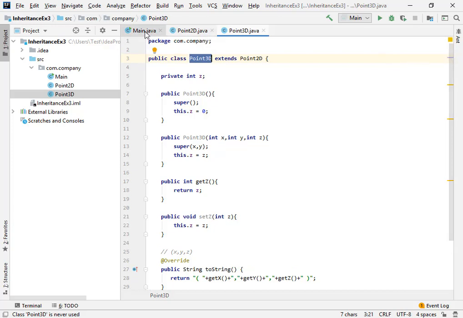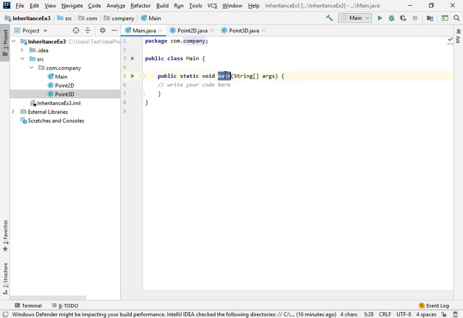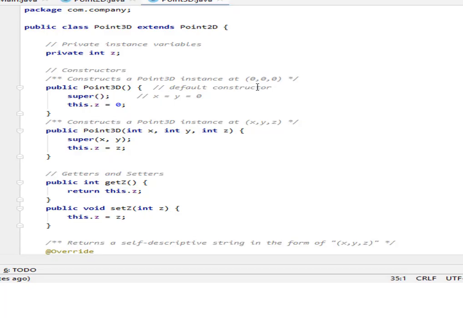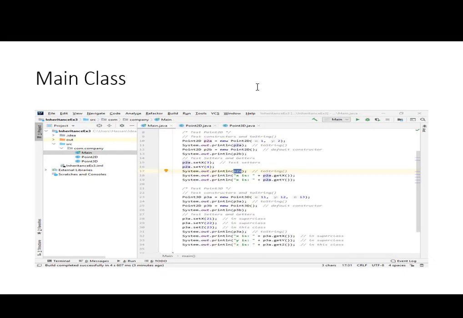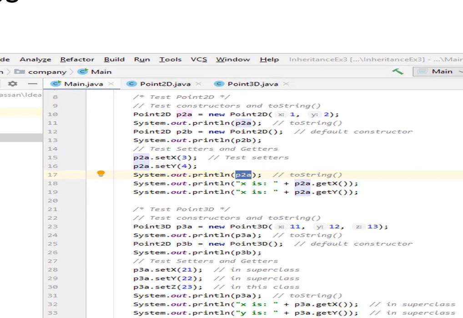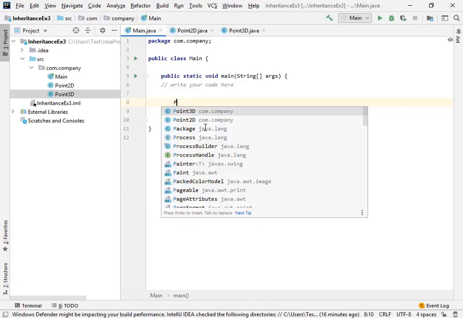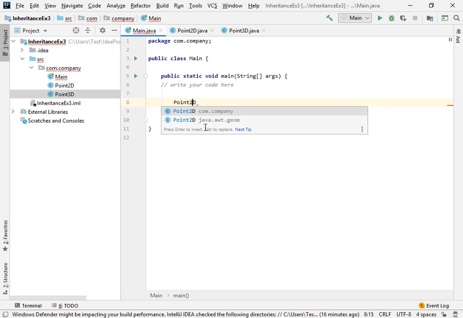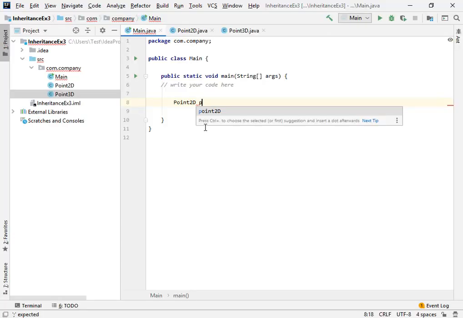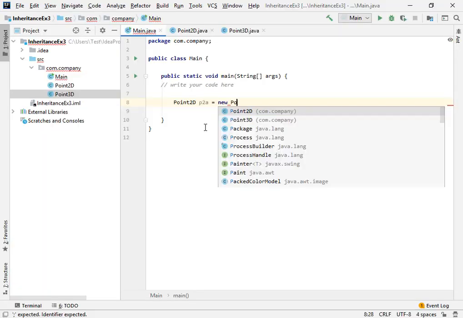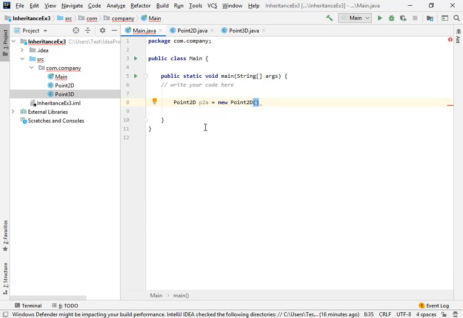Now we're going to move to the main class. Inside the main function we're going to create some objects, so then we can generate some output. Alright, so first of all I'm going to make an object of the Point2D class, right? So I'm going to say Point2D, and p2a, the first object, is equal to new Point2D, and which constructor?